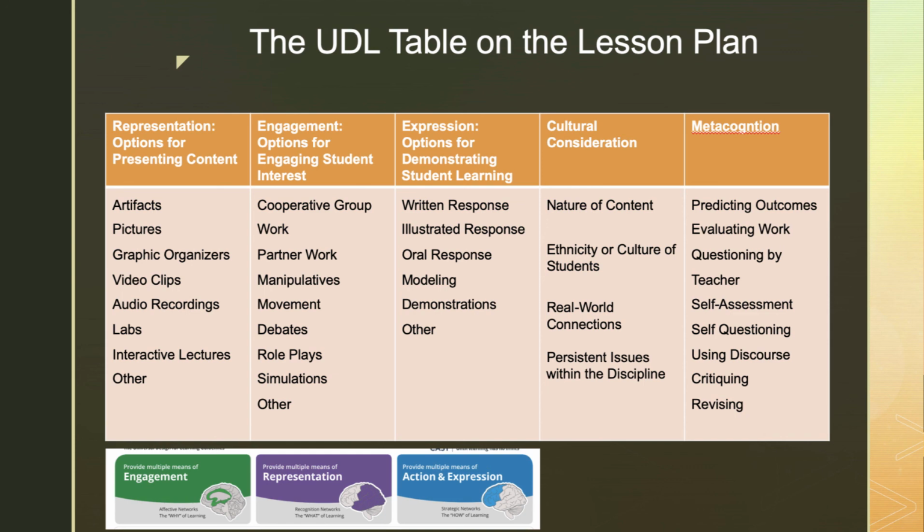Universal Design for Learning also encourages teachers to foster metacognition in their lessons. We've learned in other modules that metacognition refers to students thinking about their own thinking or evaluating their own thinking and learning. When students demonstrate their metacognition, they're acting on or expressing their knowledge at high levels of critical thinking. So if you can include students' metacognitive work in a lesson, then you can document that on this table to mark the evidence showing that.